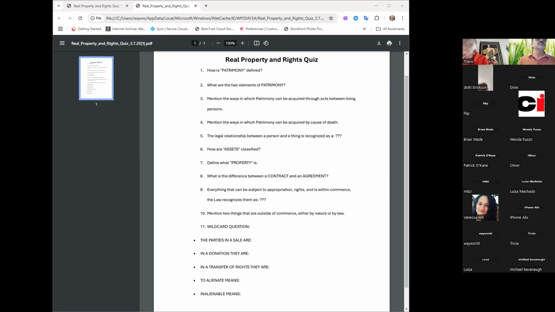Number 10. Mention two things that are outside of commerce, either by nature or by law. Can somebody answer that question? By nature is high seas and space, and by law is human body and organs. Exactly.